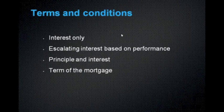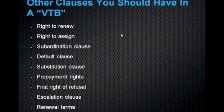So I hope you guys understand what I'm doing here and how I'm creating this VTB. So now, it's nice to say, Mr. Vendor, you agree to carry a mortgage in the amount of $50,000, interest only, 2%, term of 5 years. Other clauses that you should have in your VTB should be, you want to have the right to renew that